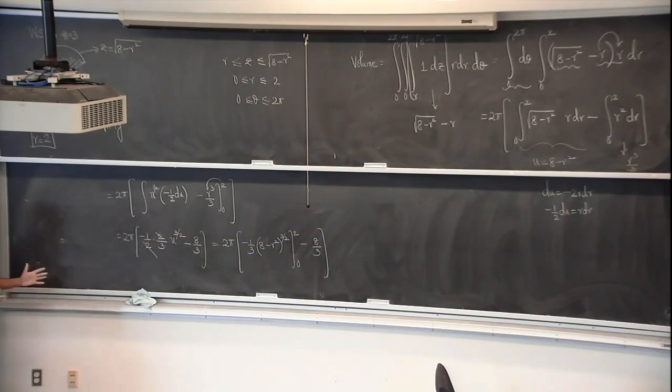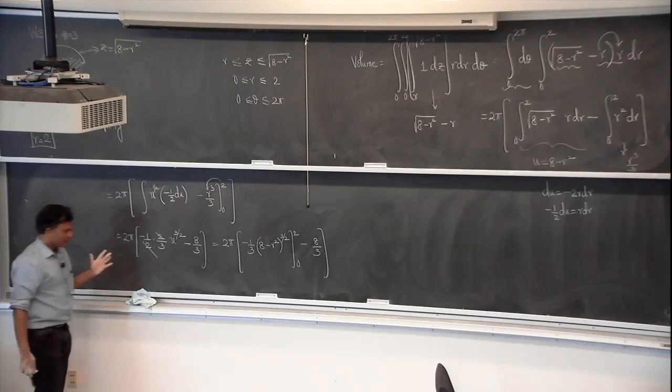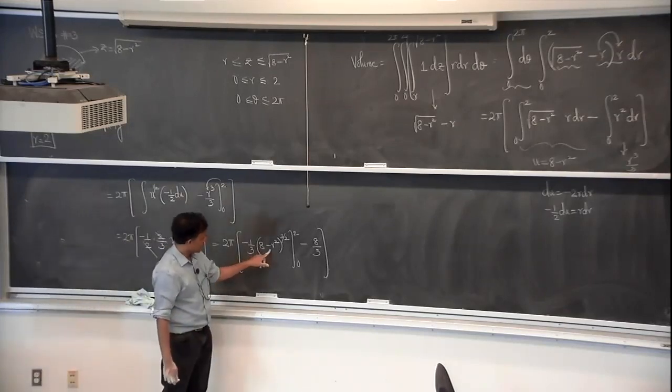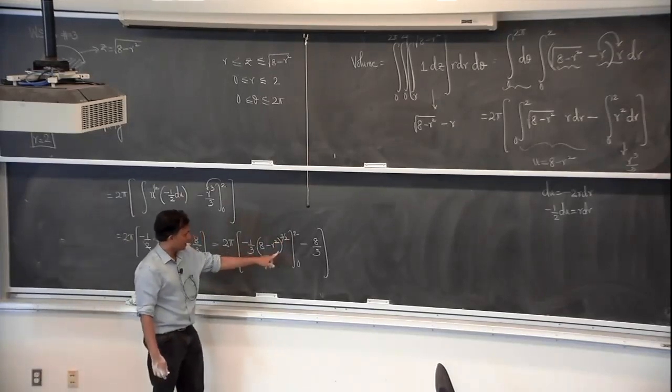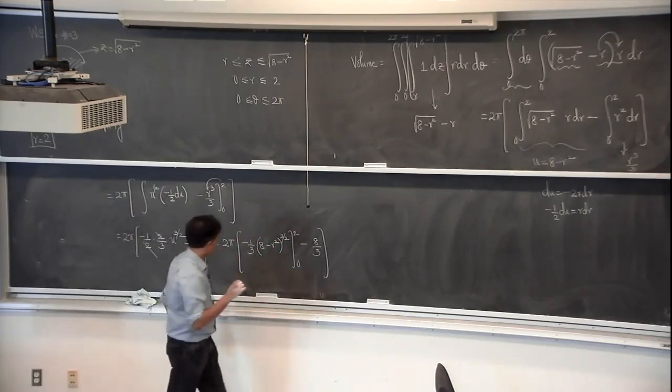Now it might look like a negative answer. We are trying to find the volume. We know the volume shouldn't be negative. So that's taken care of by the fact that this is 8 minus r square. So when you plug in the limits, things will clear out. Don't worry. So this is